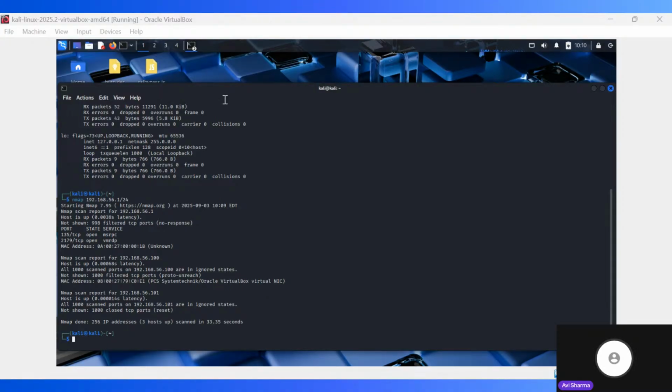So, for example, you will see subnet mask whenever you type ipconfig on Windows and whenever you type ifconfig on